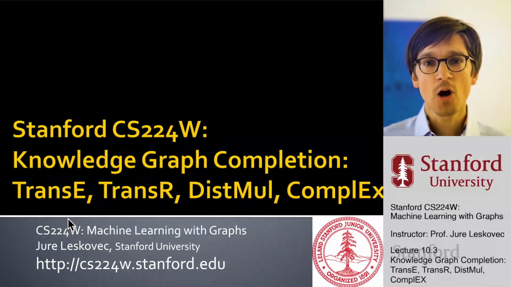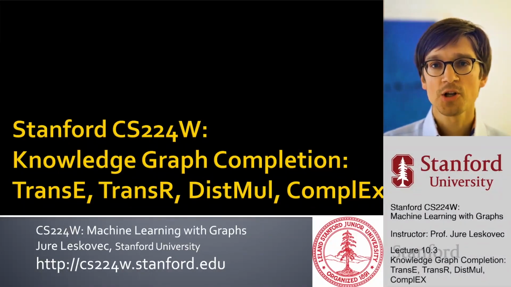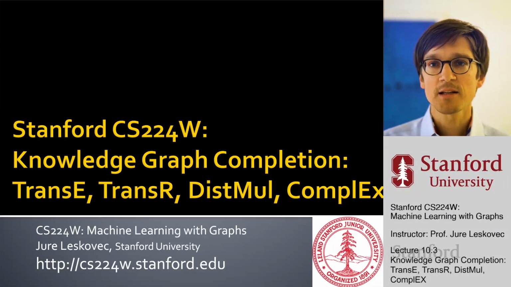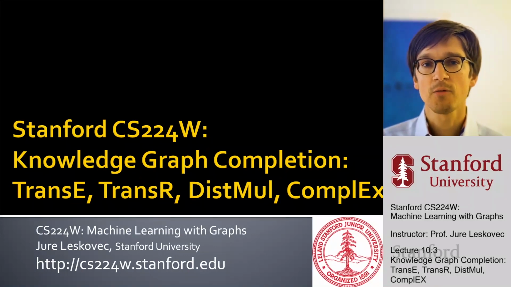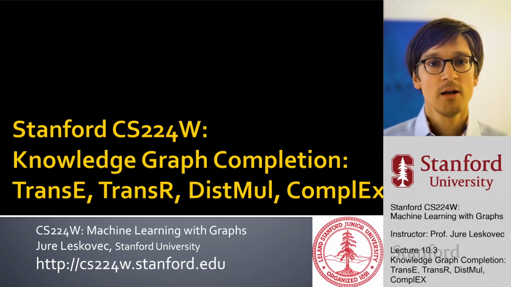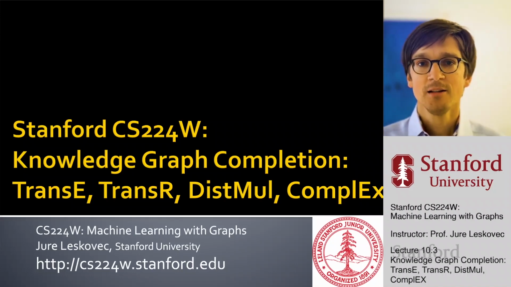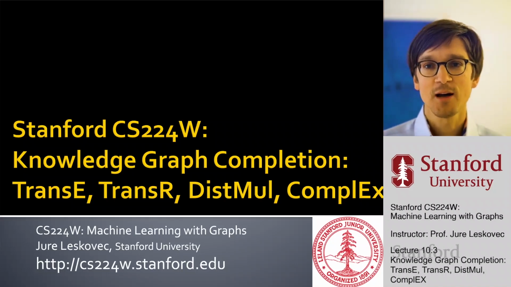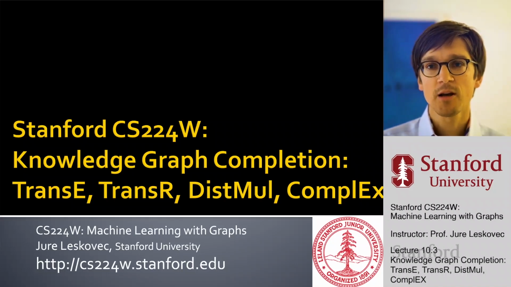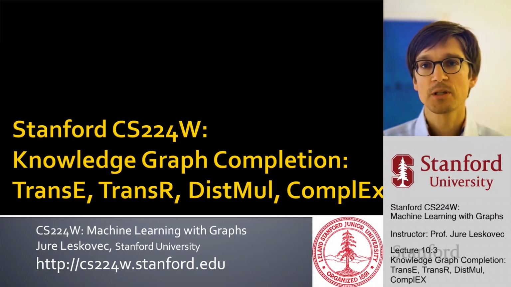So let's talk next about the knowledge graph completion task and various methods to accomplish it. In particular, we'll talk about methods that right now will have cryptic names, but it will become clear: TransE, TransR, DistMult, and ComplEx. I'll introduce what these methods are, and we'll be particularly interested in what kind of relationships these methods